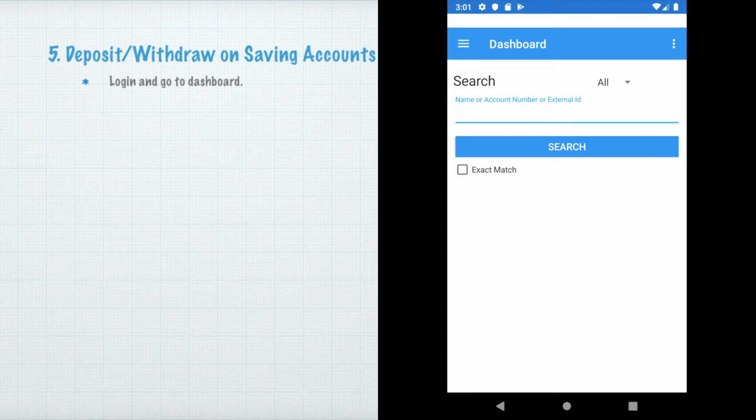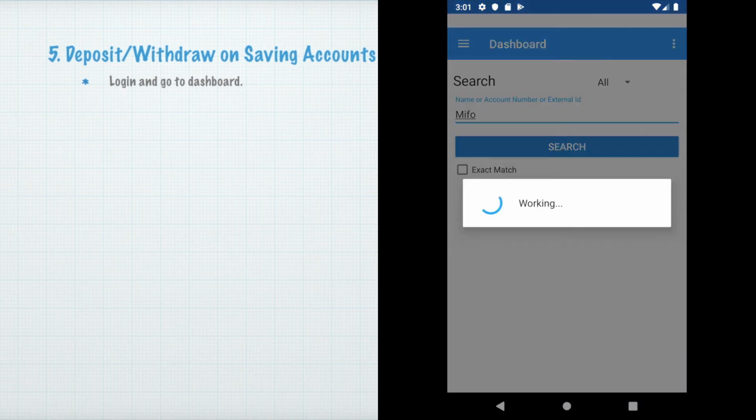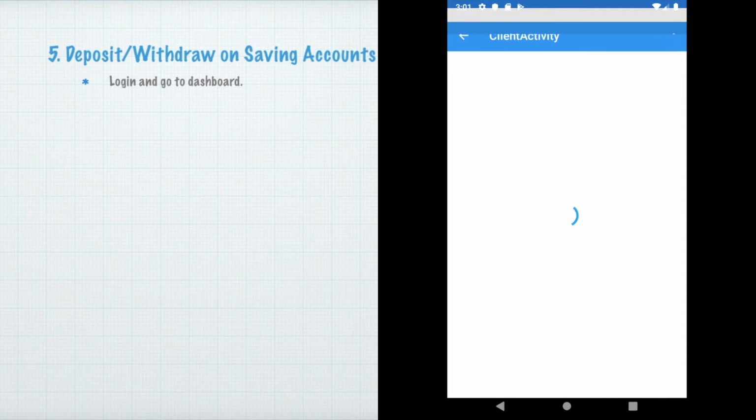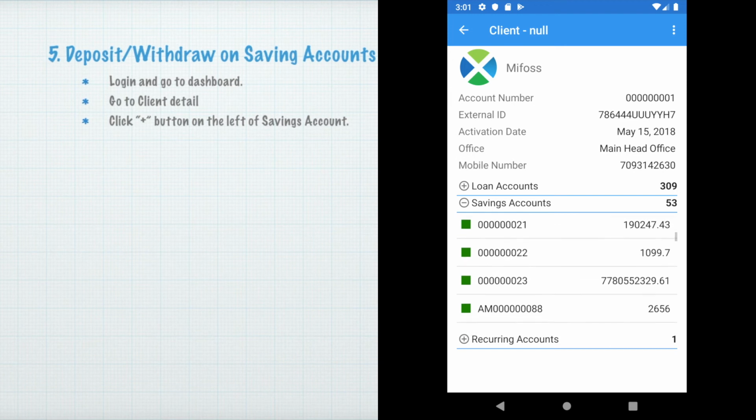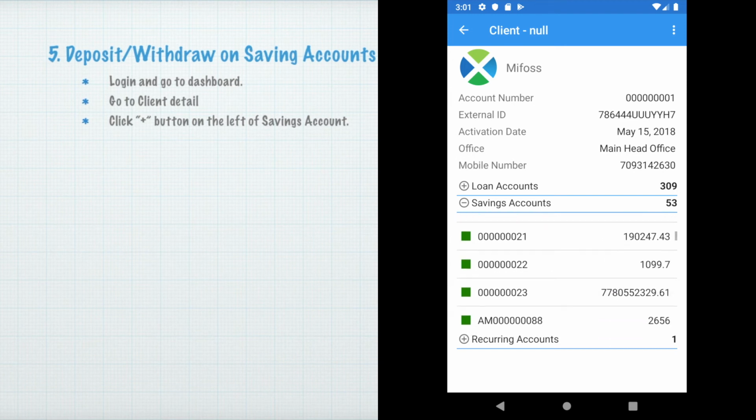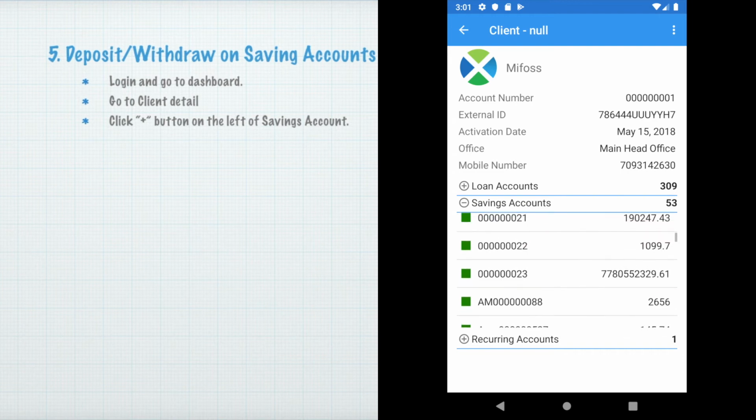So first go back to the dashboard page. If you're not there, remember to go to the top left corner, 3 dashes, click that, and go to dashboard. Now, we're going to search for a name. So you can just do a demonstration, Mifos. And let's click this person, Mifos. So now we're going to click on this add button on the savings account. Now you can see there's a bunch of accounts associated to this person, this Mifos username. I'm just going to click on this account,